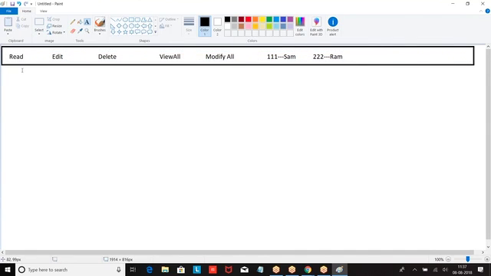This is what we will see: read, edit, delete, view all, modify all, 111 Sham, 222 Ram. This is the format in which we receive.